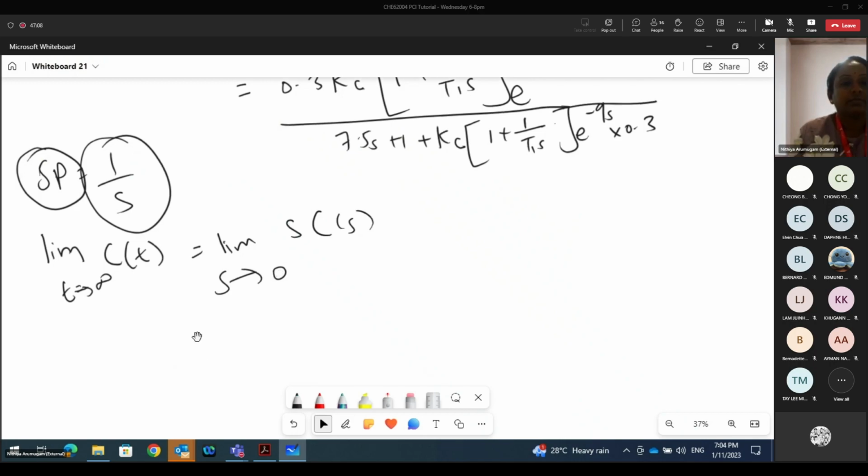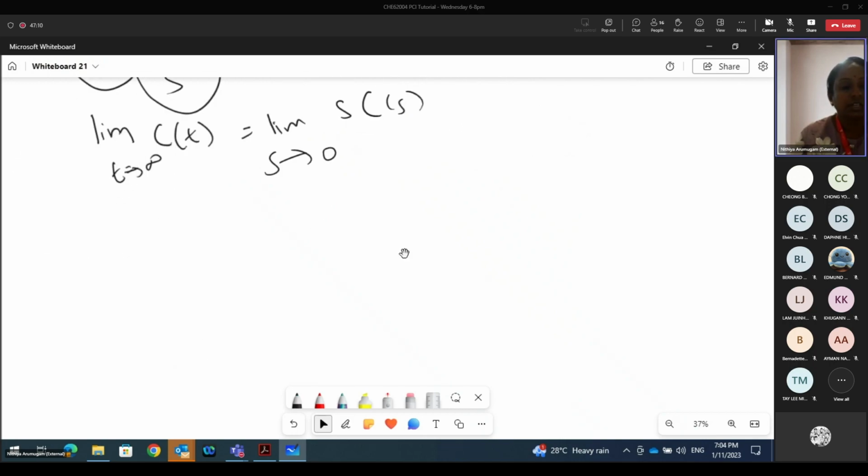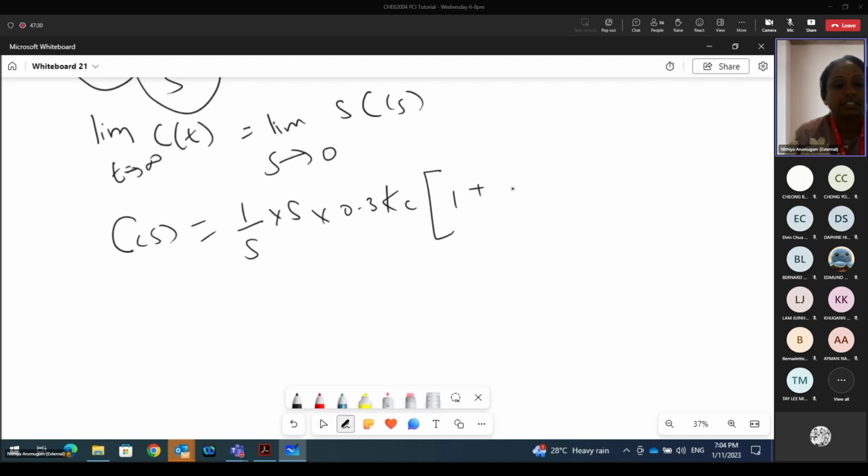All right. Now in this case, the composition equals 1 over s, because the set point is already taken to the right hand side, times s, we have 0.3 Kc, 1 plus